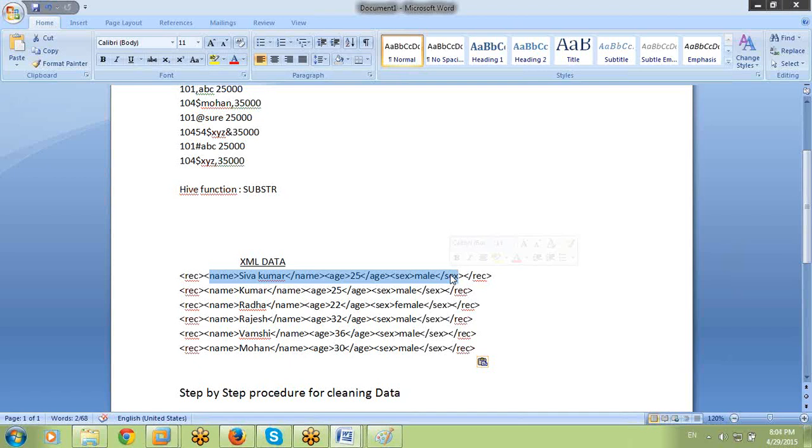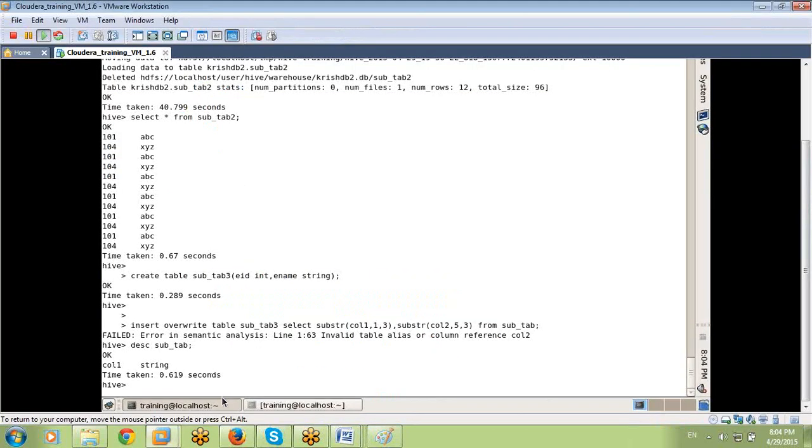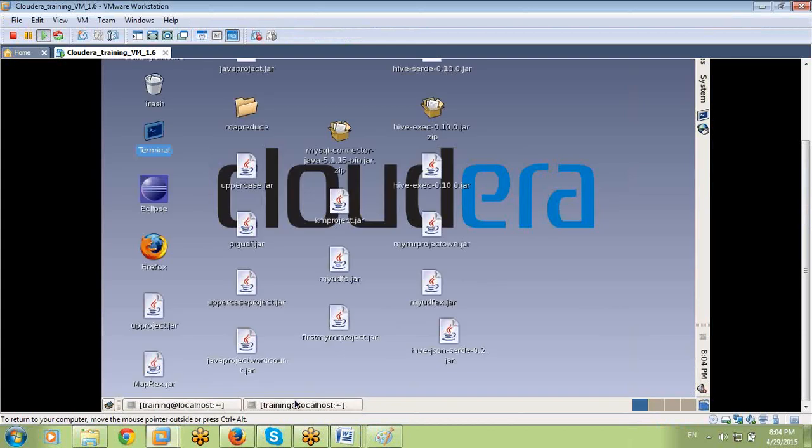Before doing the practice, creating a file is important. How to create a file? Take my data example, or else you do googling. Take some sample data, loading into your Hive table also. Right. So I am creating a file in my local file system.